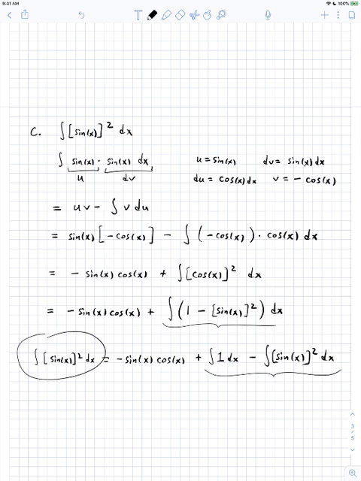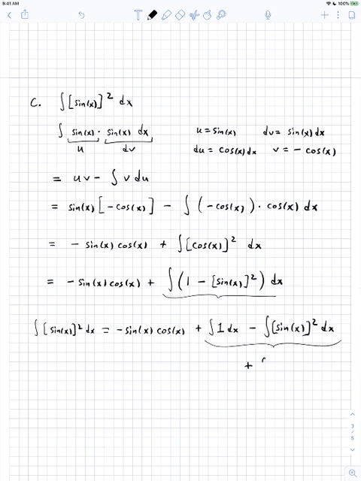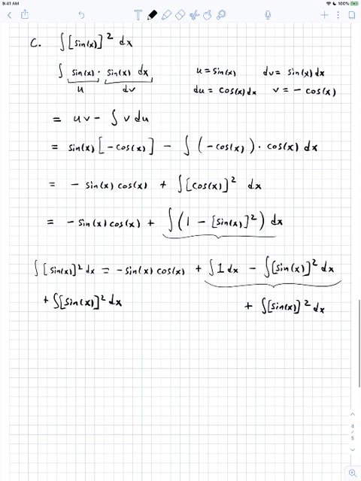Well, what have we done here that's so good? On the left side, we have the integral of sine squared, and on the right side, we have minus the integral of sine x quantity squared. So we can do the same thing that we did before, where we add the integral of sine quantity squared dx to both sides. On the left, we're going to end up with 2 times the integral of sine x quantity squared dx, whereas on the right, these 2 terms cancel, and we're left with minus sine of x cosine of x plus